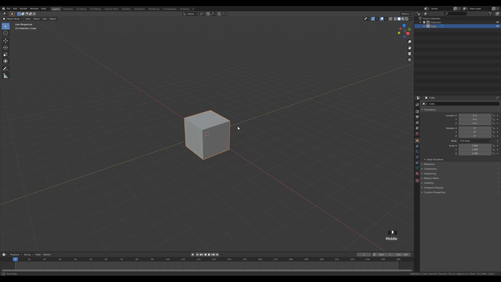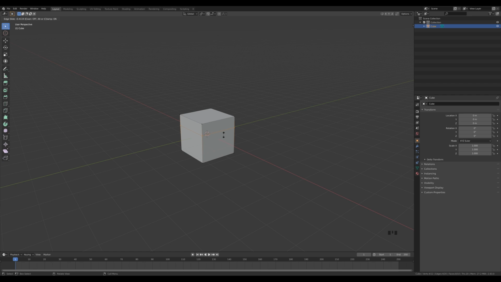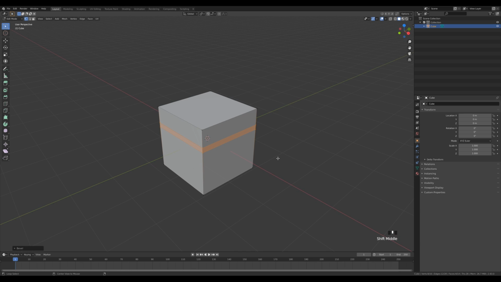Let's select the cube and now go into the edit mode, and we'll do one cut here with Ctrl R and move it a little bit up. And now we can bevel this with Ctrl B with only one segment. If you have more, you can modify this with the mouse wheel. So let's do bevel like that, and now extrude this inside. So Alt E and extrude along normals, and let's push this inside. You can additionally press S to enable even scaling,